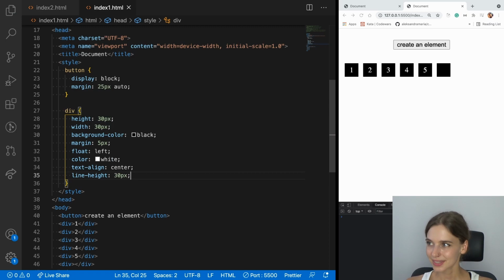Save it, and I think that's what we were looking at before. Good. Now, as you can see, they are all the same, and we wanted every fifth element to be different,